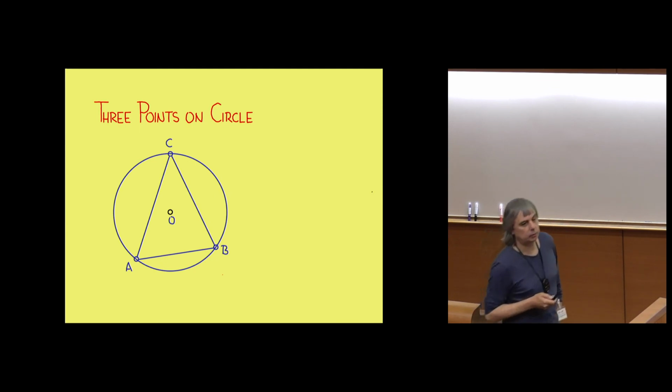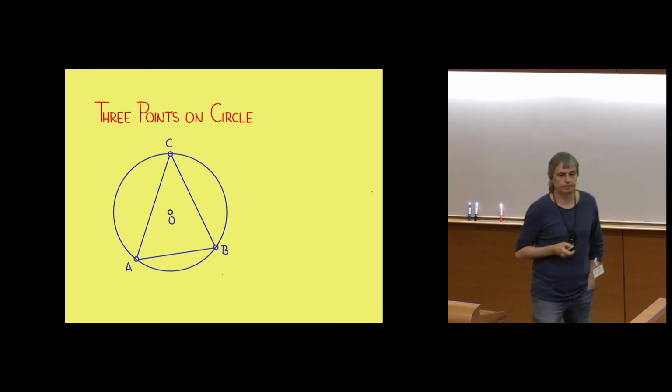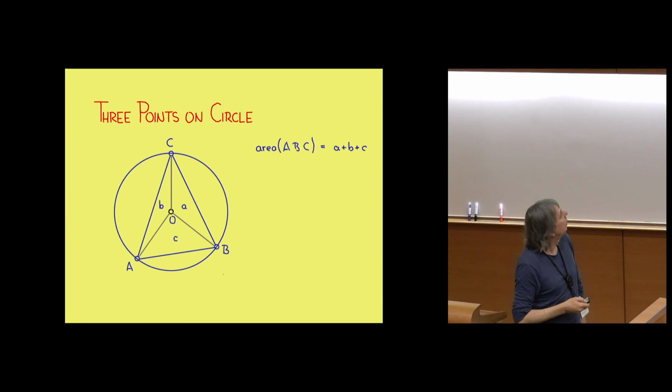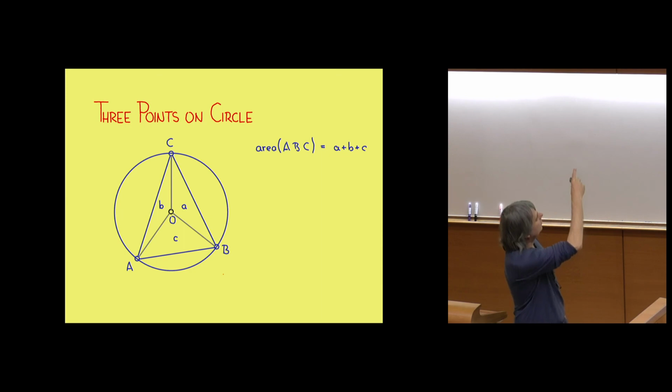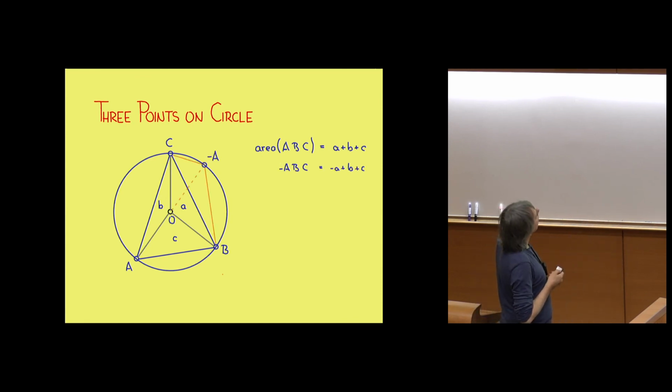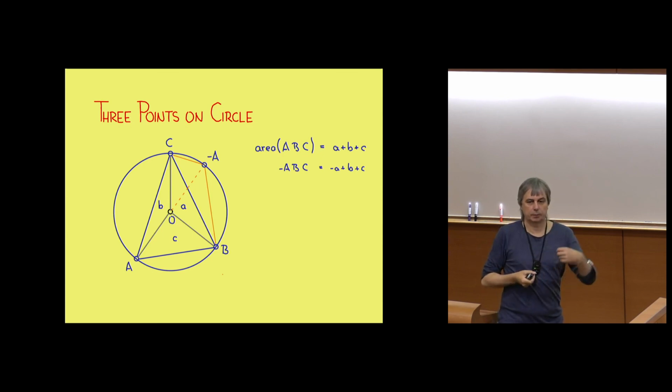I pick 3 points, and suppose I pick the 3 points so that the center is actually contained. Now, if I reflect one of the points through the origin to the other side, oh, sorry, I was ahead of myself. If I decompose the triangle into these cones from the center, I can compute the area by just adding the areas of the cones. Now I reflect A, 2 minus A. Then the cones that I get are still the same area because I move a point over, so the base of the triangle stays the same, the height of the triangle stays the same, but one triangle is now negative.